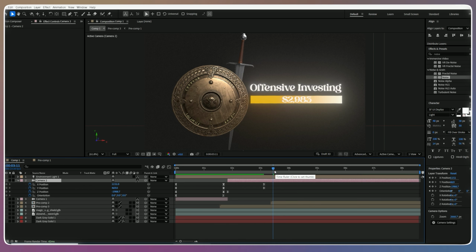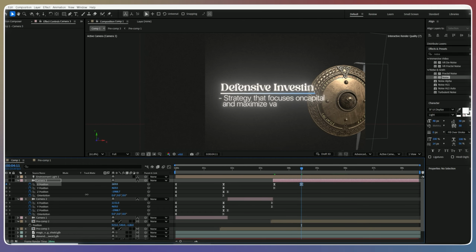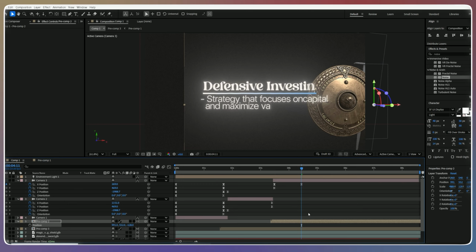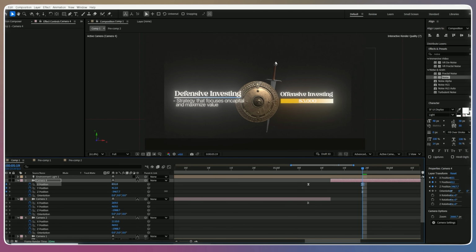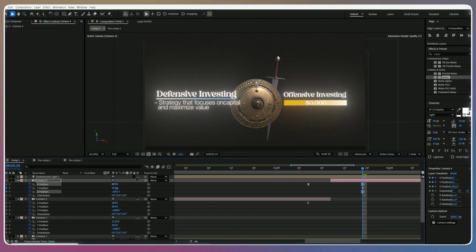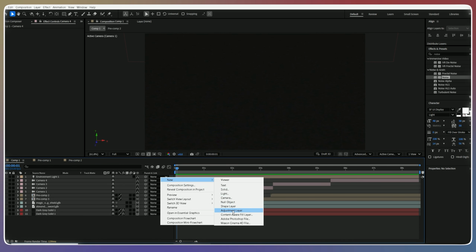Just slow down the video speed a little bit and see how I am playing with keyframes. It takes your time, but in the end, results will be outstanding. Again, split the camera when both animation ends. Then move camera back to the original position smoothly using graph editor. Now it's time to smooth up animations.